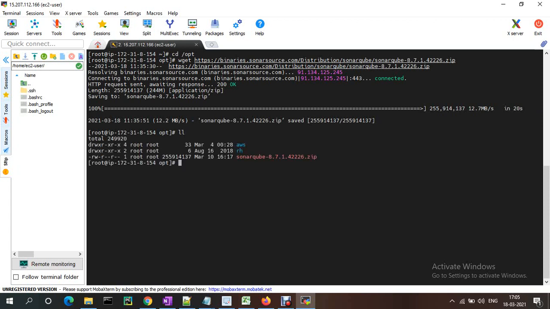Now the SonarQube zip file is downloaded. I am trying to unzip SonarQube.